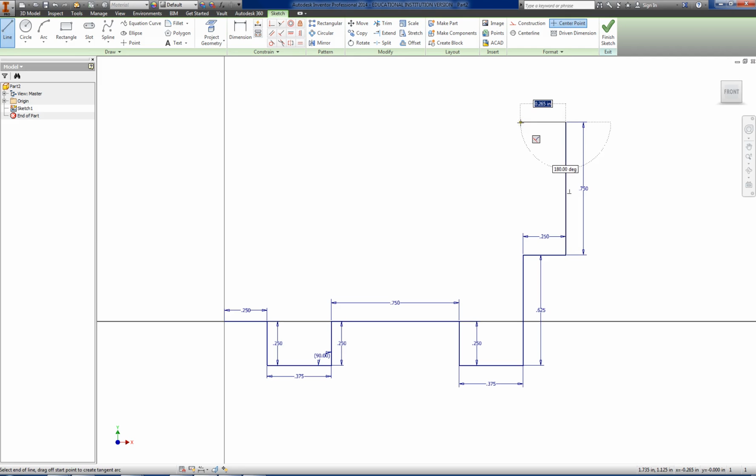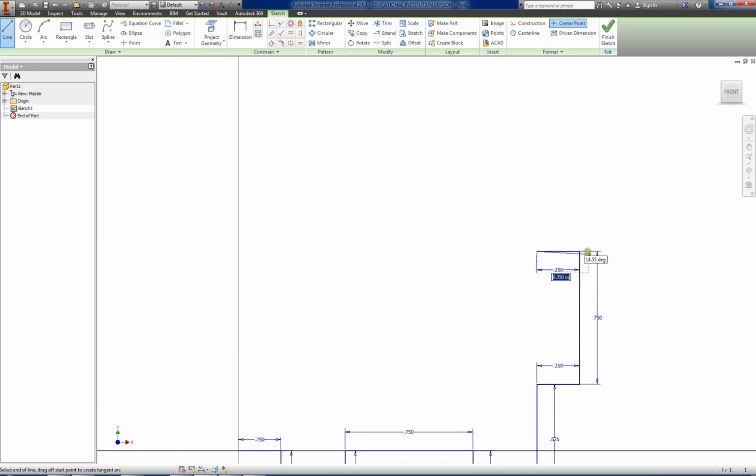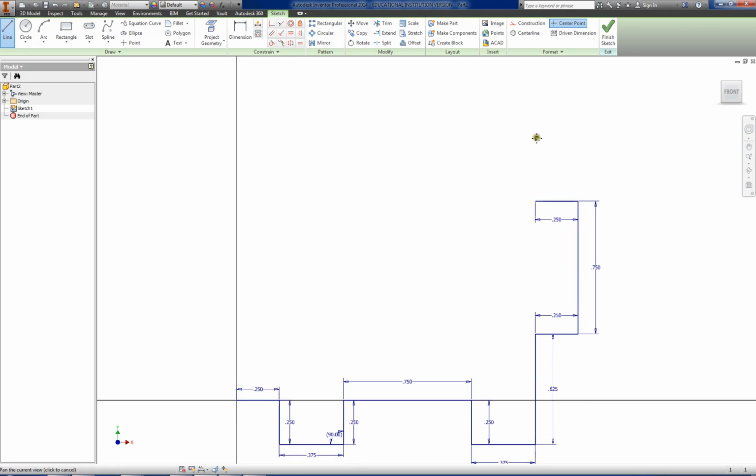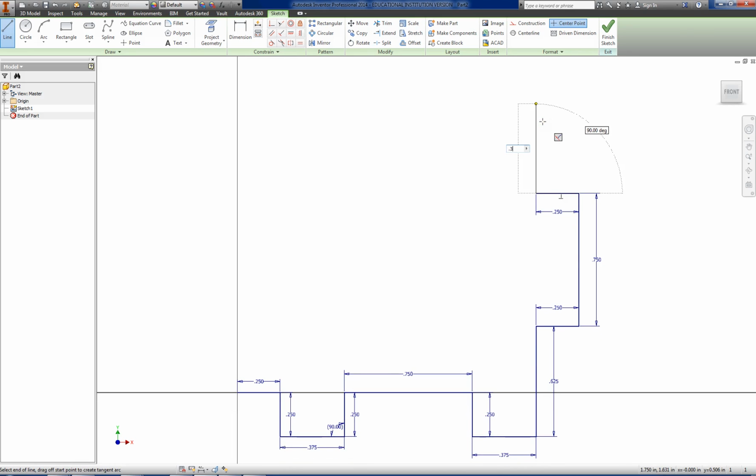It's a lot easier if you just get them to pop up as you go. But if you do make a mistake, it is easy to correct it. And that's the nice thing about this program, it's very easy to make modifications and changes as we go through this. 375. So you'll start to see my object take shape,